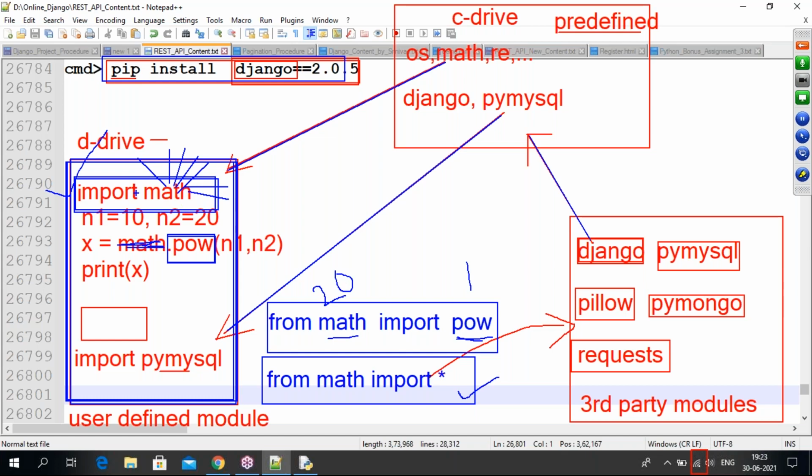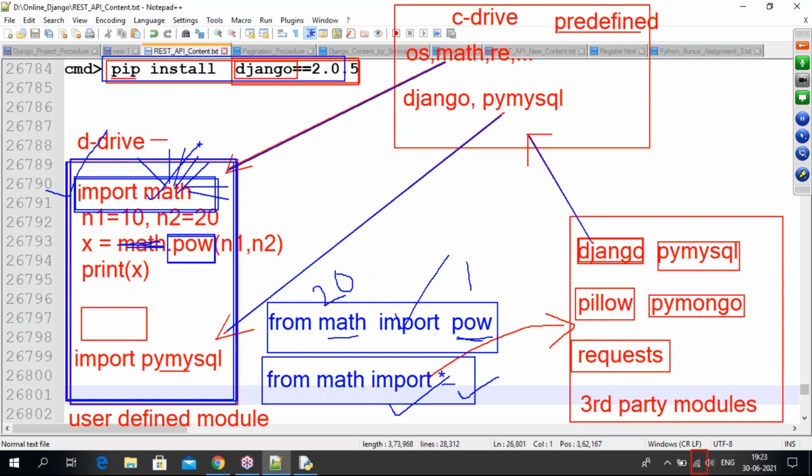Okay, so if you are importing the first one, guys, math dot like that every time you need to write. Here no need to write math dot. Import math, from math import all properties, then directly property name you can use, power of, square root of, sum of, like all properties directly you can use instead of using the math. So that's why first priority is given to this one, second priority to this one, and the least priority to this one.